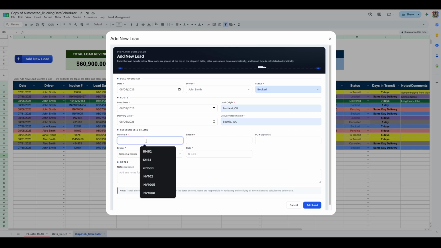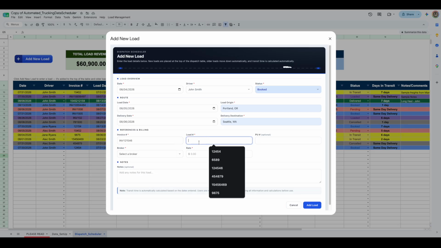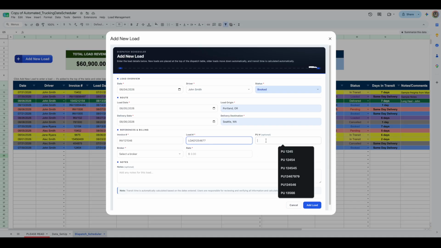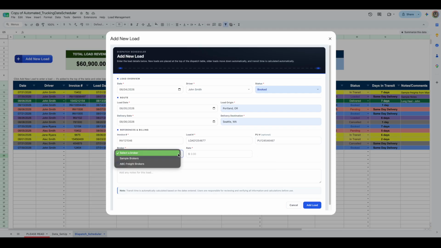The invoice number, let's say we do an example. Okay, load number, we'll do an example. And then PU number, we'll do an example as well. And then select broker, we select any broker here, and then rate, let's say 500. Okay, and you can put any notes. I'll just put sample notes. Let's do short haul